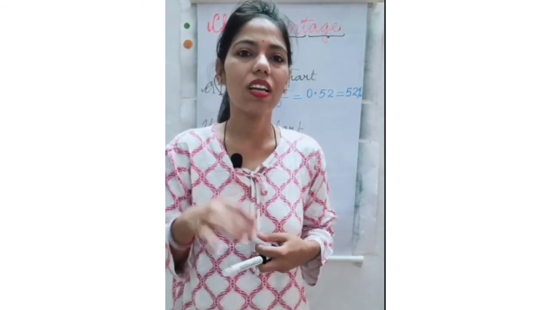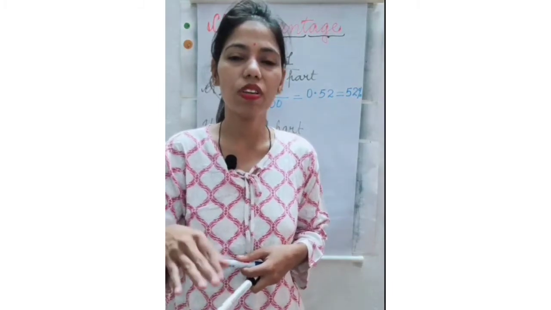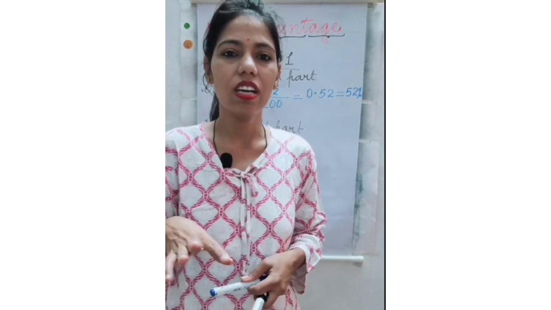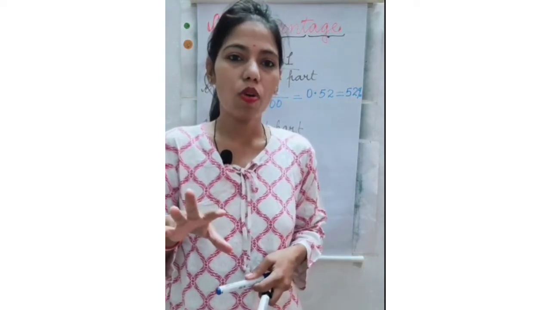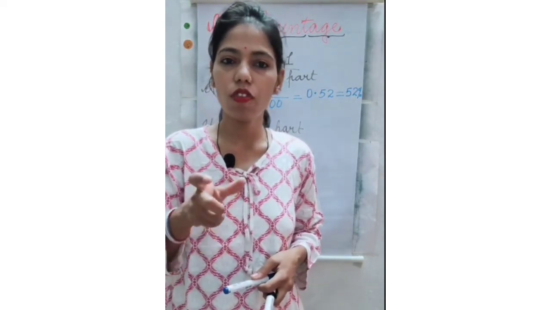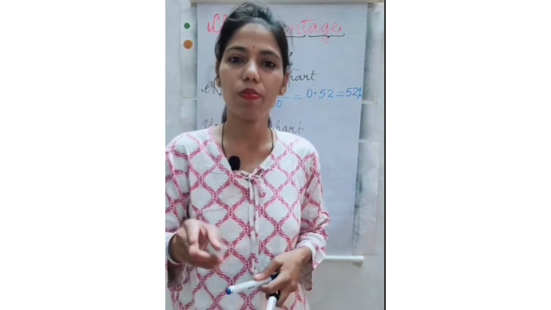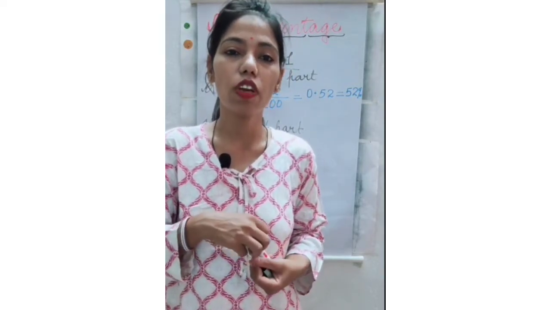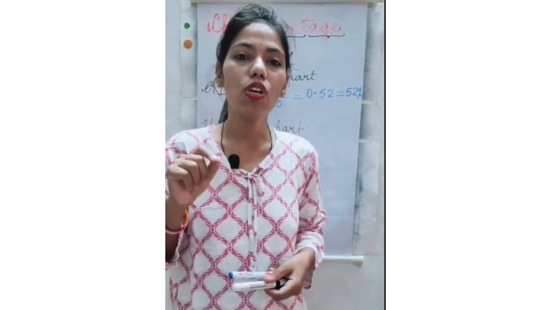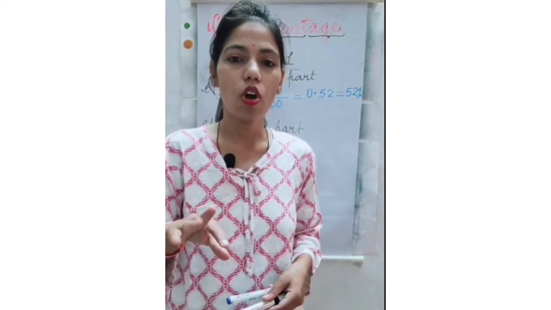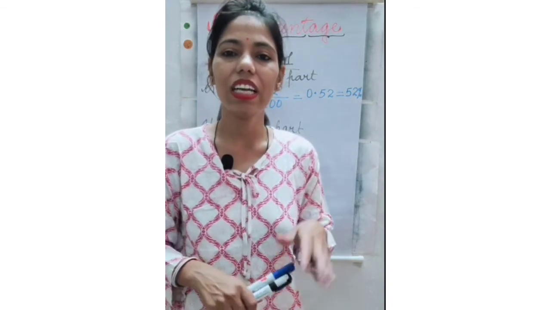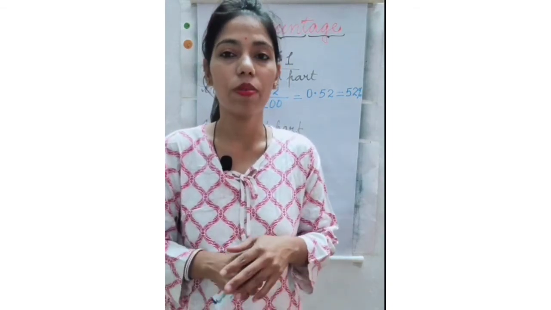Question 2 is: color the number of squares as per the given percent. In question 2, 3 parts are there and below each grid box some percentage is given. The first is 25%, the second, part B, is 33%, part C is 89%. So what we have to do? We have to shade these percents, or these number of squares, inside that grid. That you will do in the book only.